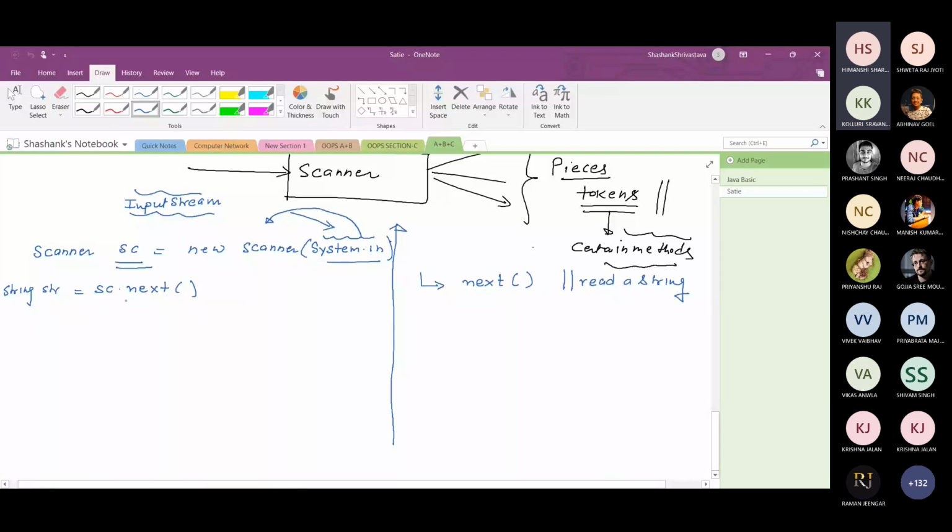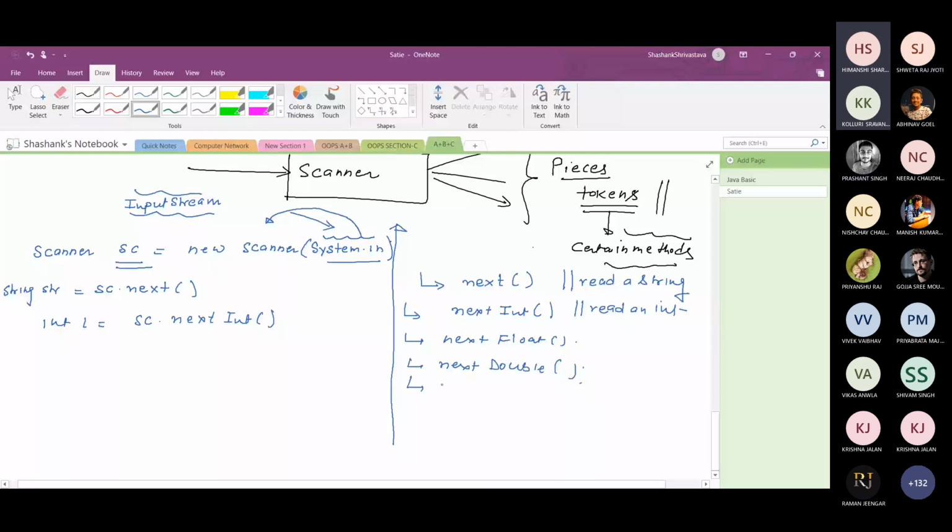The second method is for reading an integer value: nextInt, with I in capital. Integer i = sc.nextInt. Similarly there are nextFloat, nextDouble, nextLong.